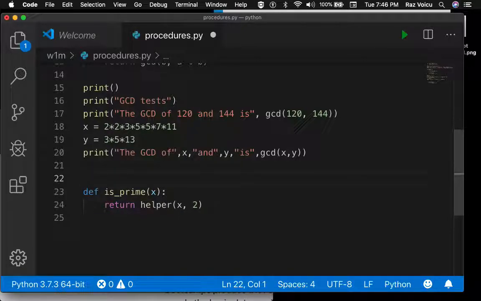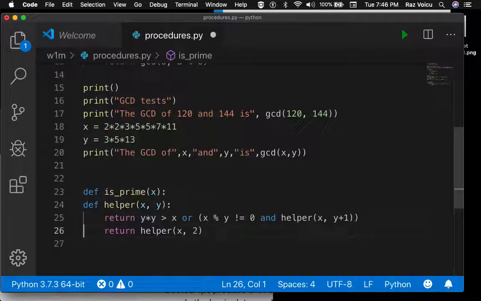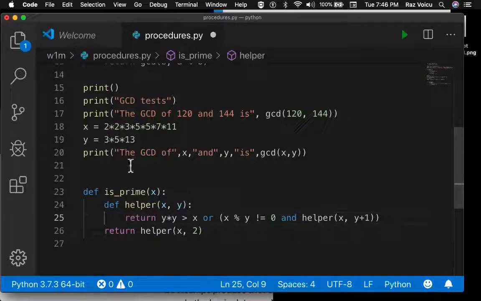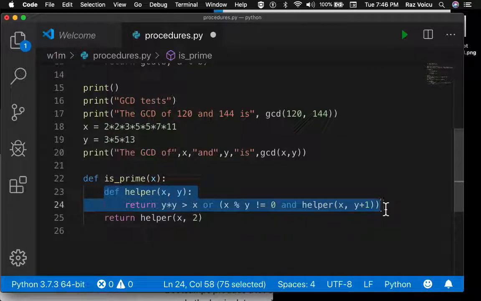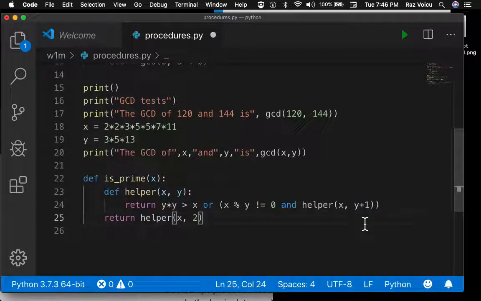So I'm going to put it inside. I can actually put it inside the definition of prime. You see, I can take this entire definition. It was outside. I can put it inside. I can indent it completely, and it becomes hidden inside. It's not visible outside of is prime, which is good. We don't want to add names